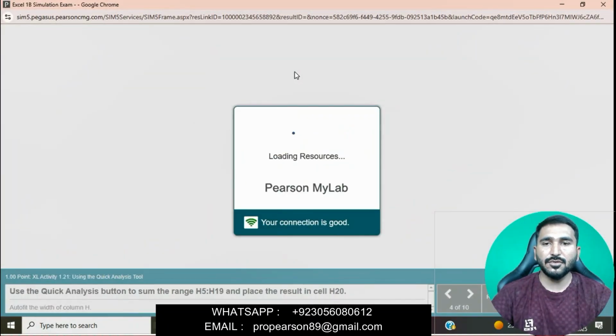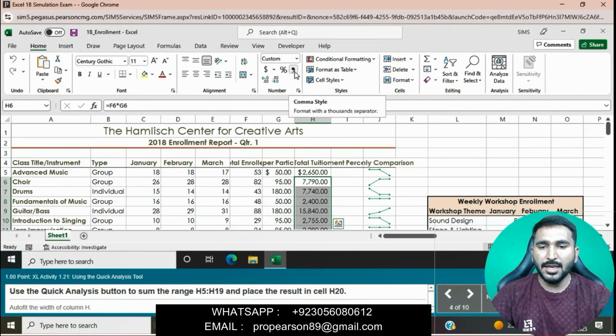Question number 4: use the Quick Analysis button to sum the range H5 to H19 and place the result in H20.